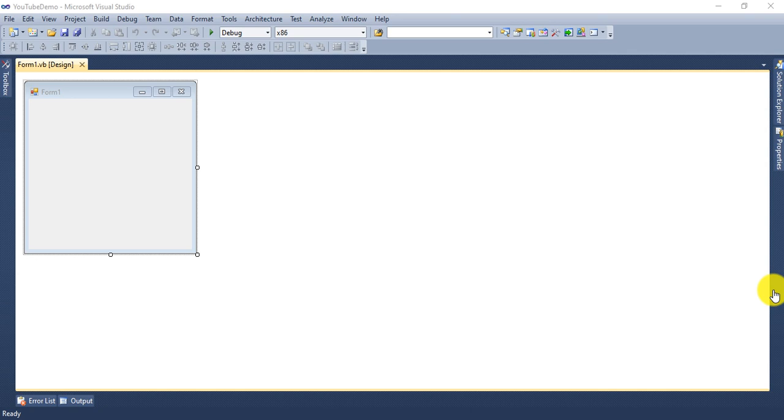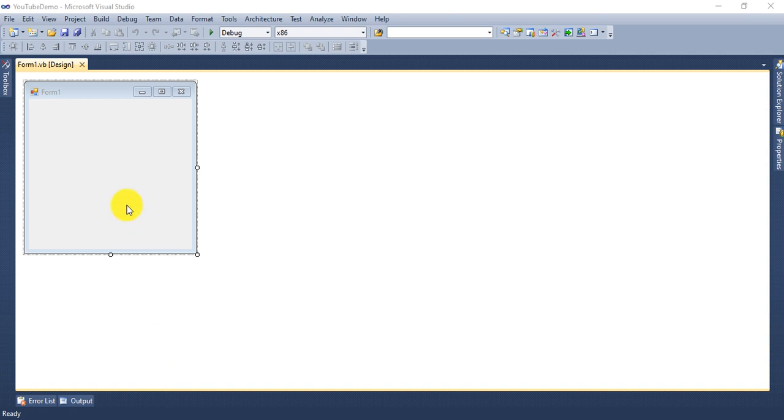In a list box control you see multiple items and you can select a single item or multiple items. But a combo box contains multiple items, but at a time you can select only one item. That is the basic difference between the list box control and the combo box control. Otherwise, both are almost similar. Okay, so now see how it works.